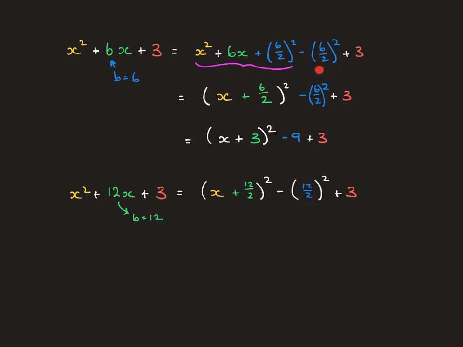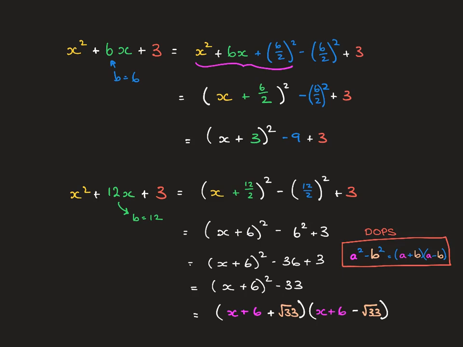And it saves us doing this step here, because now we can just tidy that up and we'll get x plus 6 squared minus 6 squared plus 3, and we've saved ourselves a line. And you can even save yourself another line if instead of writing 12 over 2 here, you just write that straight as a 6 and that straight as a 6. So we could continue this on and factorize it,